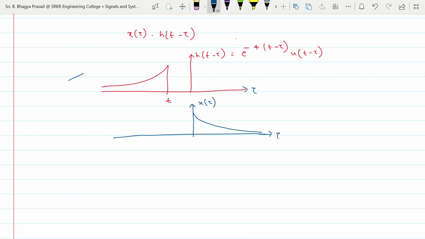I will move this h of t minus tau signal and multiply with x of tau at different positions of t. If you multiply these two at this position, you will get the product, that is x of tau convolution of h of t minus tau,